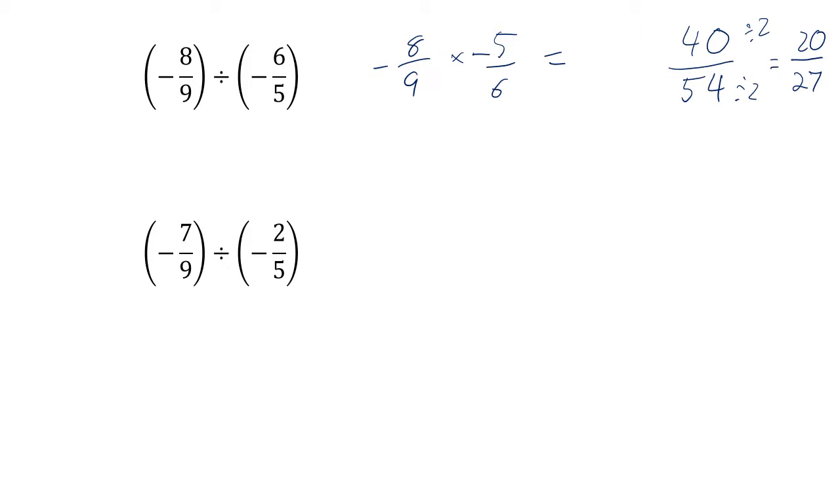So our next one right here, we'll also use the flip method, I guess. Negative 7 over 9 times negative 5 over 2. Negative and negative is going to equal a positive number. 7 times 5 is 35. 9 times 2 is 18. So our answer could be 35 over 18